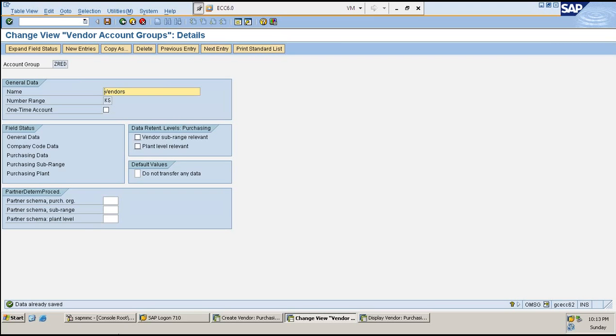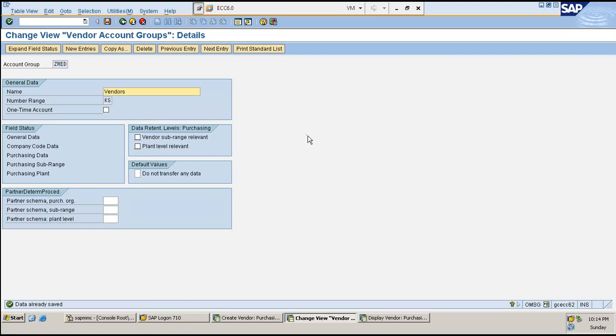All these 10 different vendors have come to me with the same material or different materials, right? I'm not going to send a quotation only for one particular material. It will be for all the materials. So all the material and vendor combinations will be maintained with the vendor provided price. It's not the price that is maintained in the material master. Material master price is independent of the price in the PIR of the vendor. The price of a vendor might be different from the price of a material master.